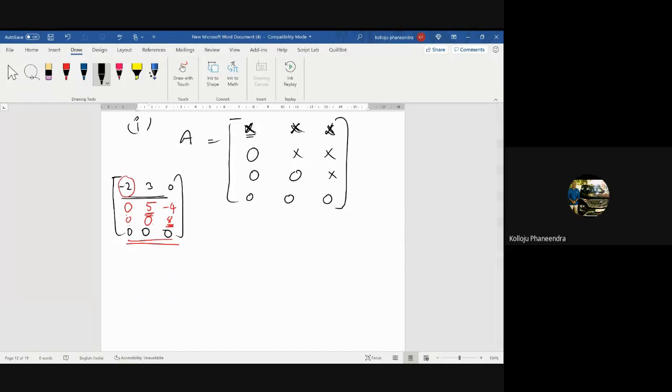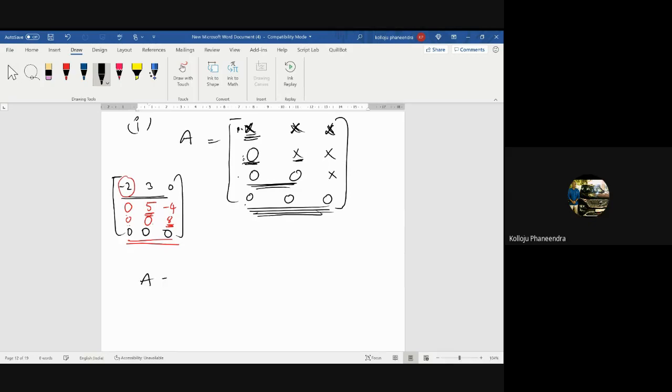Any doubts? So what is my definition? The number of zeros before the first non-zero element in a row must be less than the number of zeros before the first non-zero element of the succeeding row, meaning the next row. So in this row 0, in this row 1, in this row there must be 2. So 1 is less than 2, 2 less than 3, like that: 1 zero, 2 zeros, 3 zeros. This is echelon form.